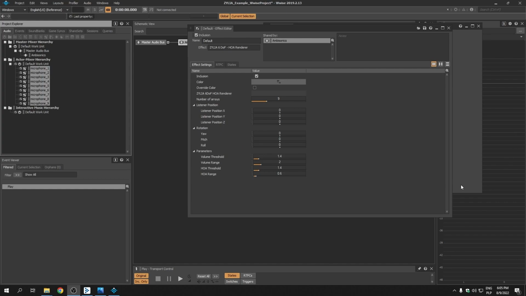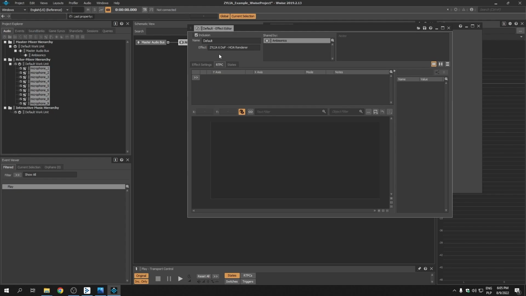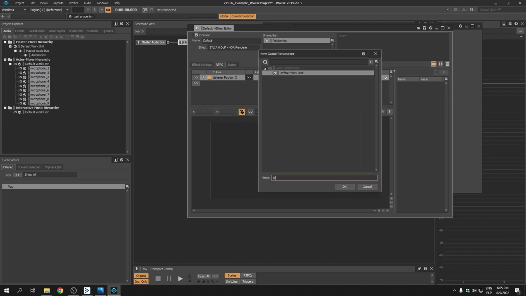Okay, but if you want to make an integration with Unreal Engine 4, we also need to set up something called real-time parameter controls, or RTPC, and create corresponding game parameters. Basically, those are objects that we can change in real time in the game. For example, we set up the listener position X and create the corresponding game parameter, for example, listener X,